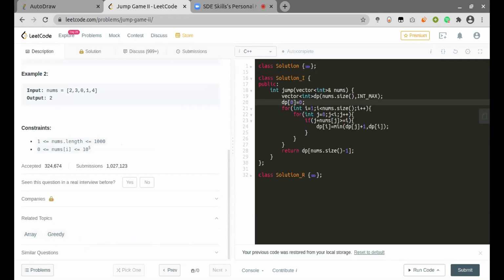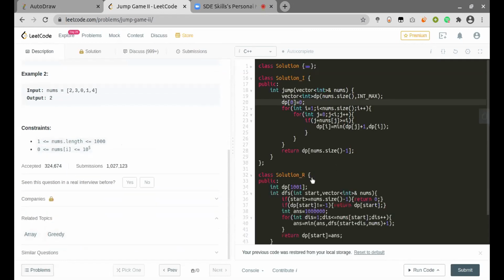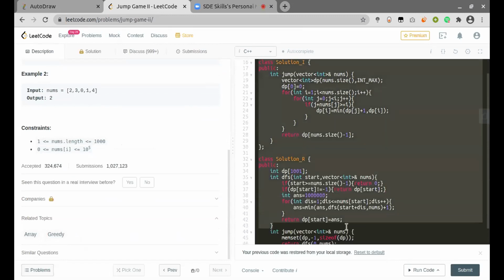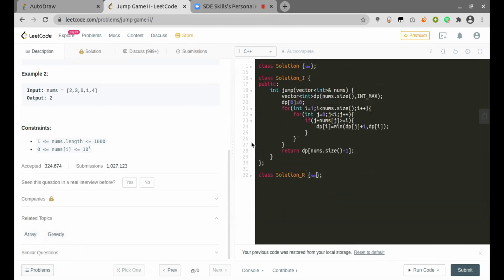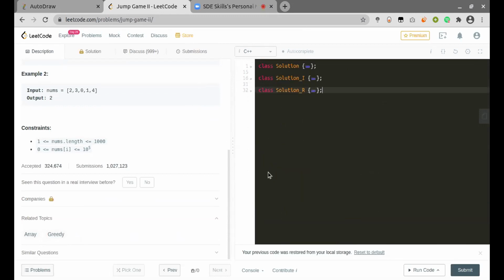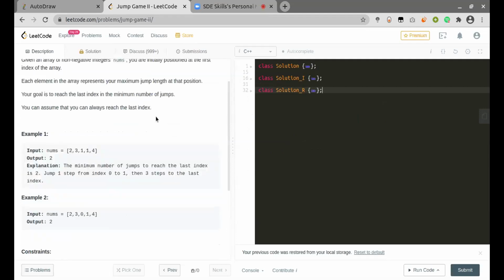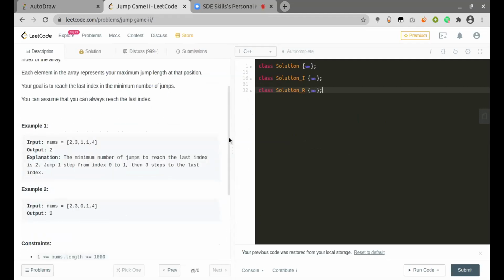So even the DP solution, what he is showing here at the bottom of the paper, that is also n square. Both the implementations are n square. But the greedy one is linear. Really? Is it? The greedy one will be, I think, not n square exactly. No, it should be n square, correct?